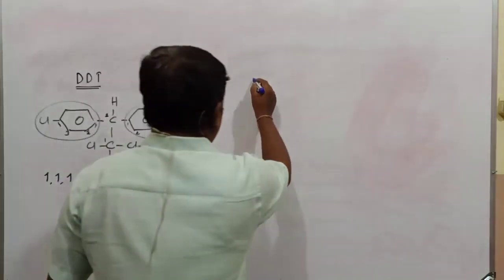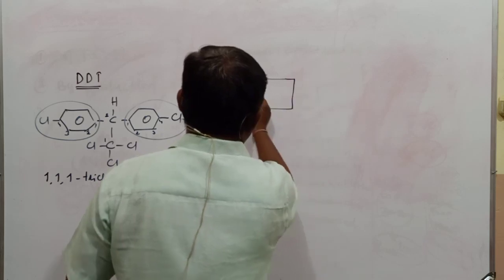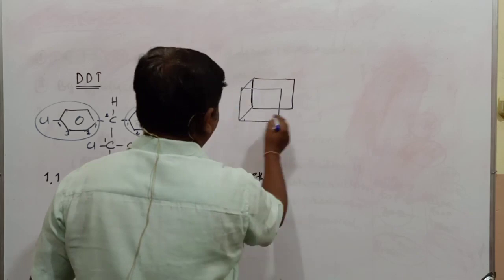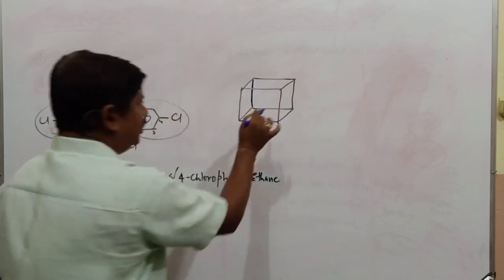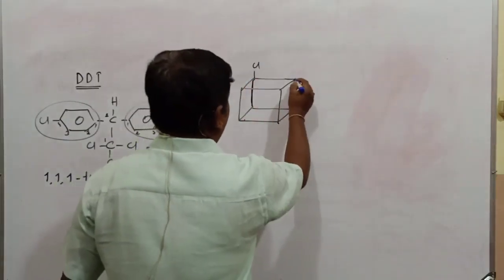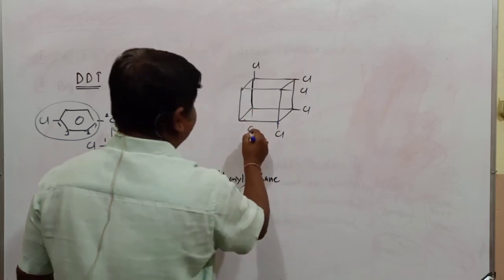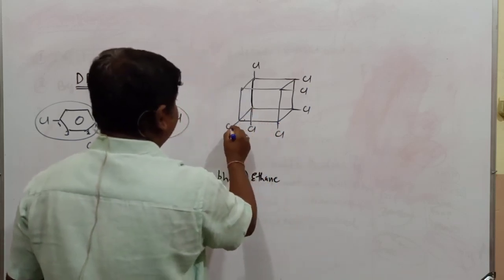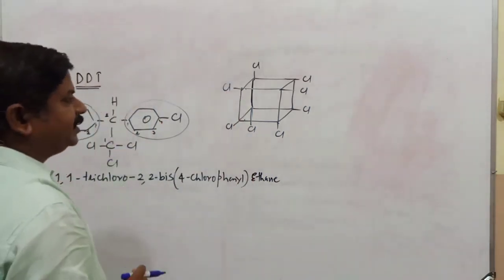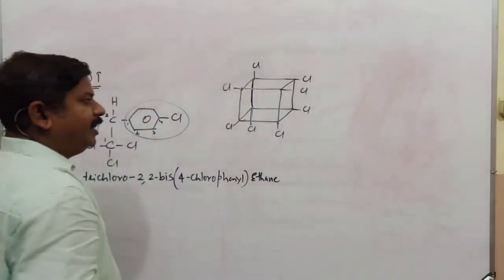Yesterday I also mentioned one more halogenated compound in the form of a cube, and I asked you to write the IUPAC name. Some students commented about this compound, but most of the students have not come across it. It's chlorine, chlorine, this is chlorine, chlorine, chlorine, and chlorine, chlorine. This is also chlorine, and at this position also there is chlorine. So how many chlorine atoms are present here? 1, 2, 3, 4, 5, 6, 7, 8. 8 chlorine atoms are present.